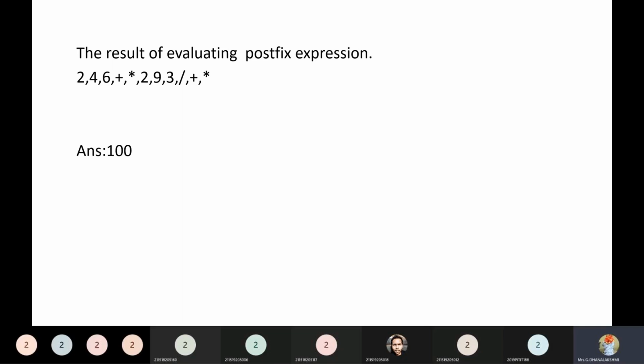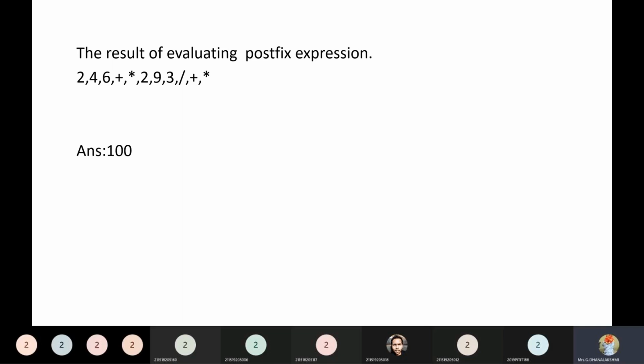Okay. So again we can read the characters here. We have 2 as the input, and then 3. So here you see slash. So you can apply that slash operator on the 9 and 3. So we can get the result, which is 3. Okay. So in the stack we have